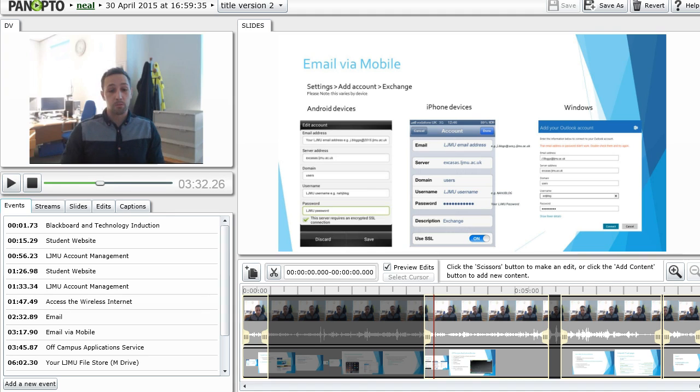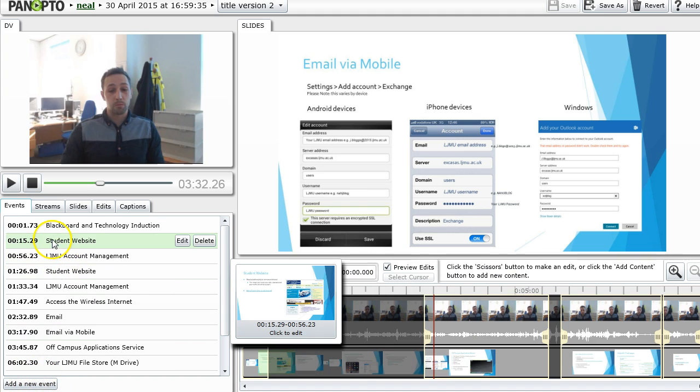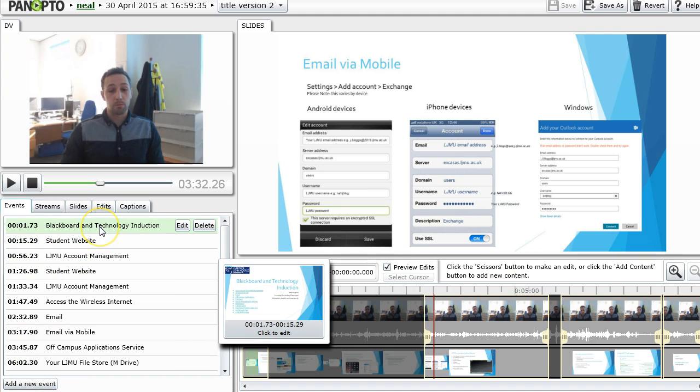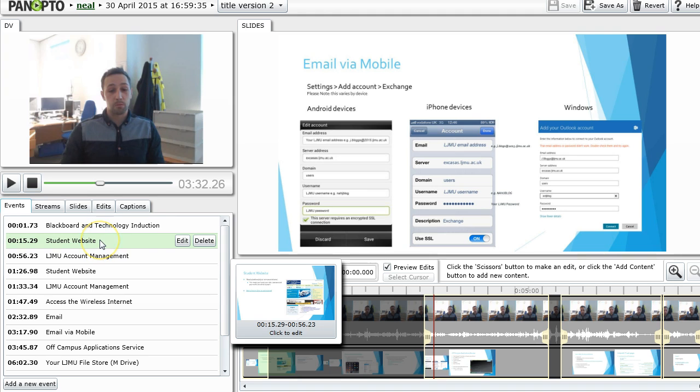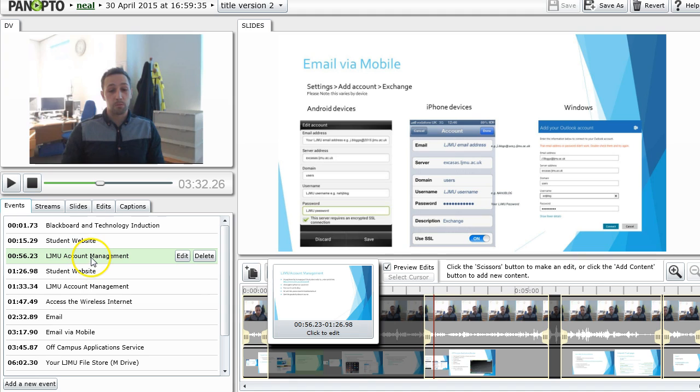You can, if you wish, add additional video content or PowerPoint slides by clicking on the Add New Event tab, which is in the bottom left here, and you can also edit any of the titles of what are known as events, but in this particular instance they're slides. So for each slide, the title is taken, and it allows the student to select that slide and click to that particular part of the recording, and you can edit the names of these if you so